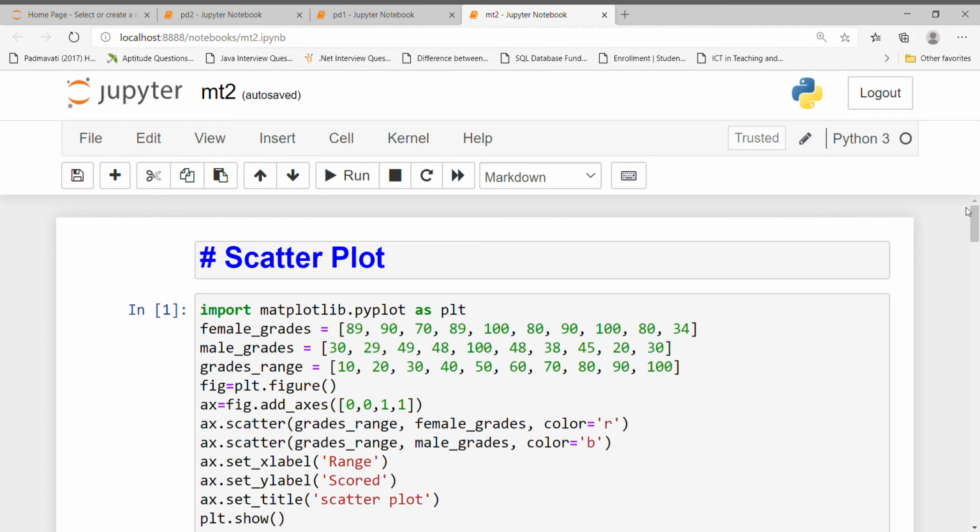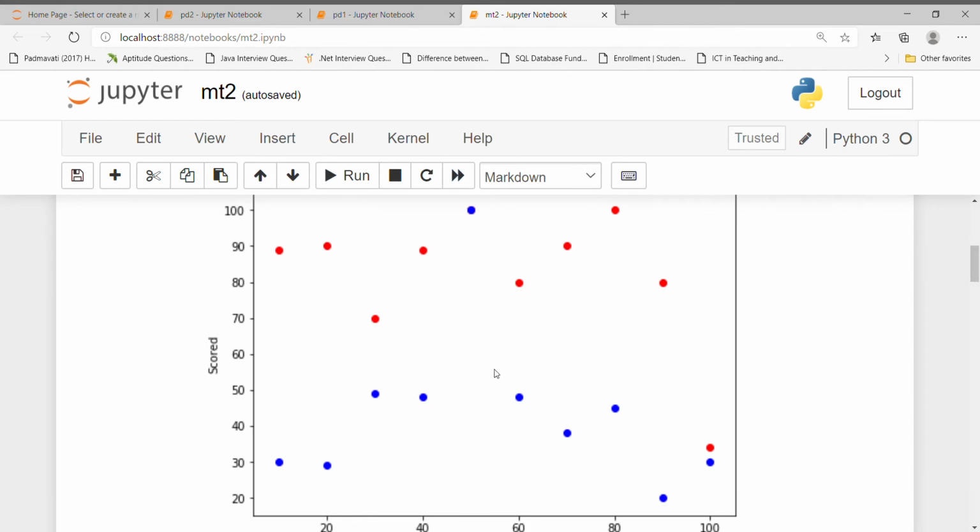Scatter plots are used to plot data points on the horizontal and vertical axis in an attempt to show how much one variable is affected by another. Each row in the data table is represented by a marker whose position depends on its value in the columns set on the x and y axis. So in this way we will show our scatter plot. A scatter plot consists of these marker dots. So how to plot it?